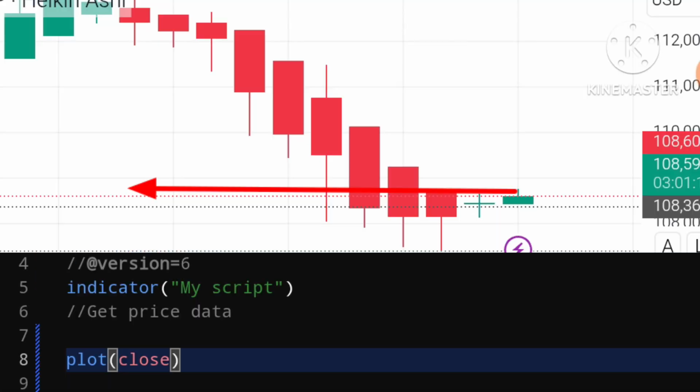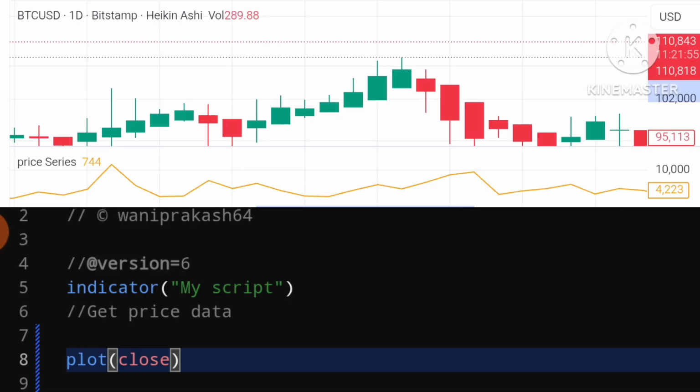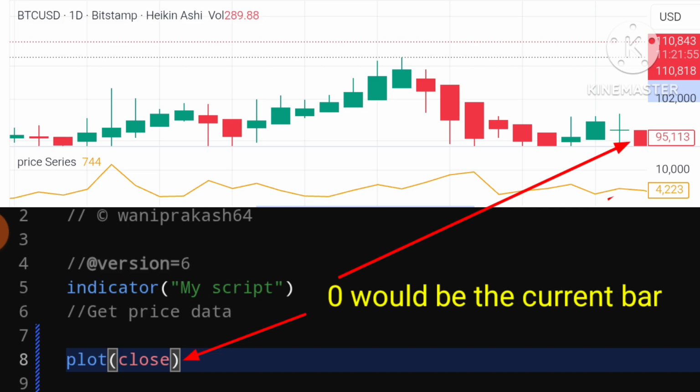So we are counting backwards when we are dealing with the price series or historical operator. The higher this number is, the more bars back we are referencing. And so 0 would be the current bar.